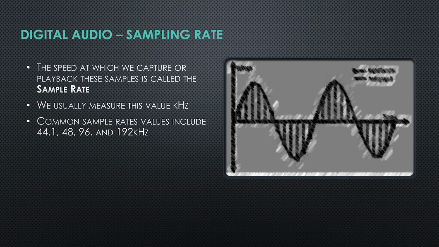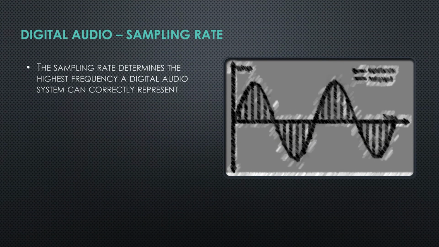So 44.1 kilohertz or 48 kilohertz or 96 kilohertz, that would mean 44,100 samples per second or 48,000 samples per second or 96,000 samples per second, all the way up to 192,000 samples per second, though that is extremely high quality. The higher the sample rate, the larger your digital file size. This makes sense. If we are using digital files and if we have more bits of information that we're holding on to, well, the file size will increase. So we rarely listen to audio files at 192 kilohertz, but it is possible.